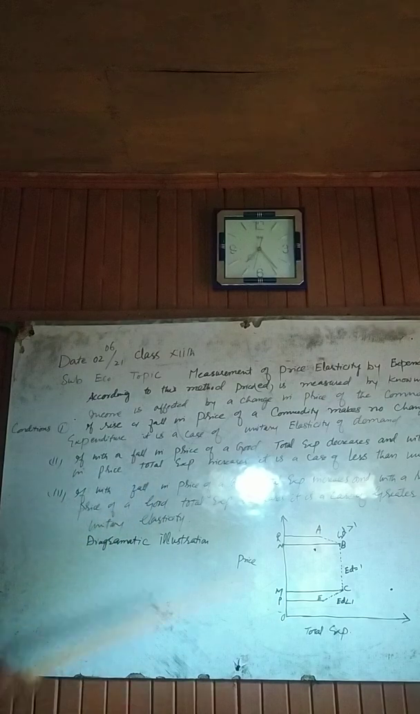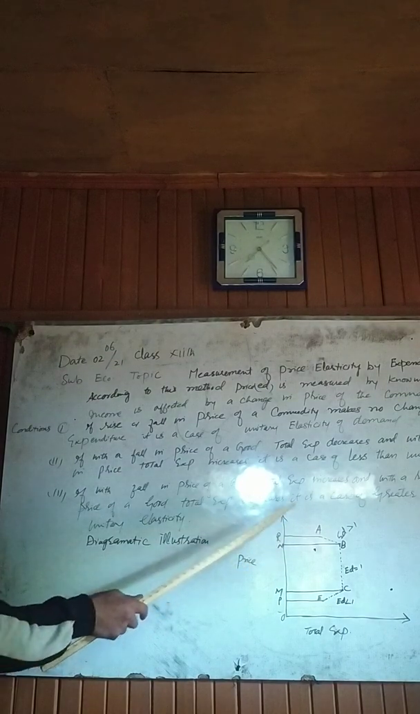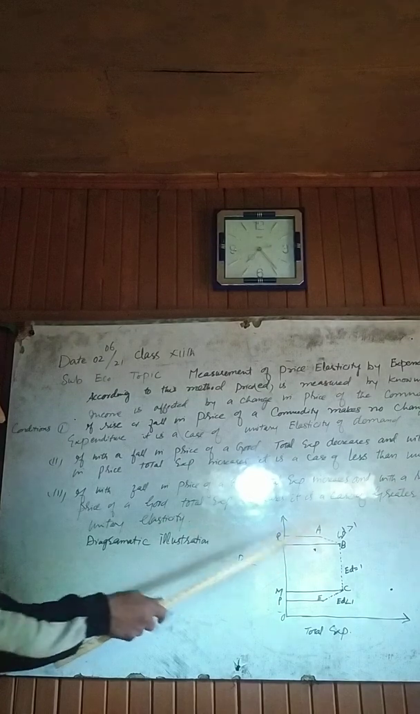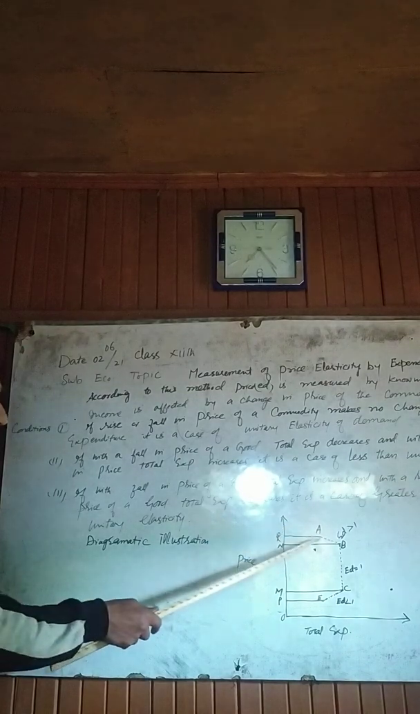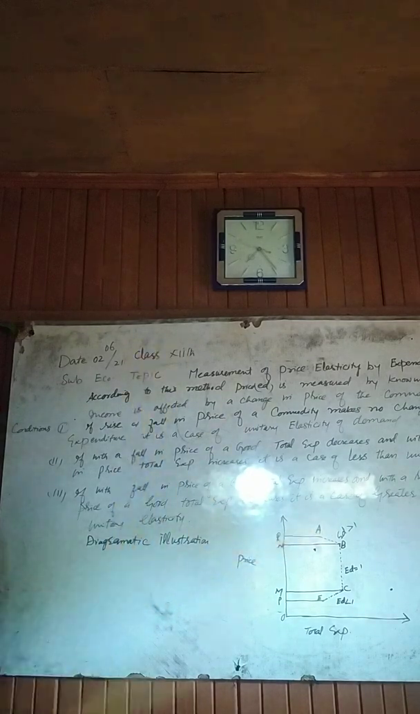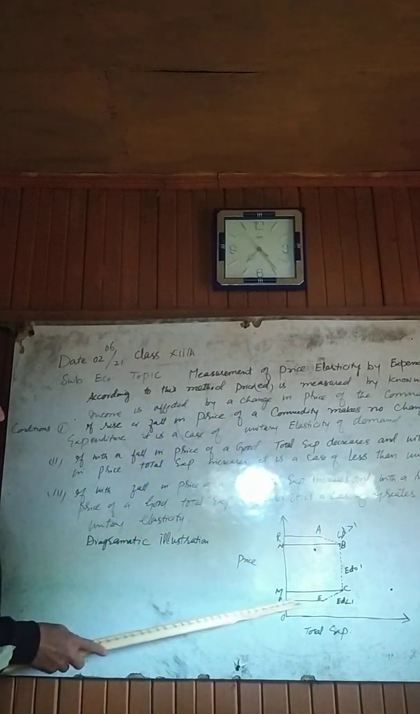Okay, then we have a third situation. If with a fall in the price of a commodity, total expenditure increases, and with a rise in price, total expenditure decreases, it is a case of elasticity greater than 1. Okay, all these three cases are reflected in this